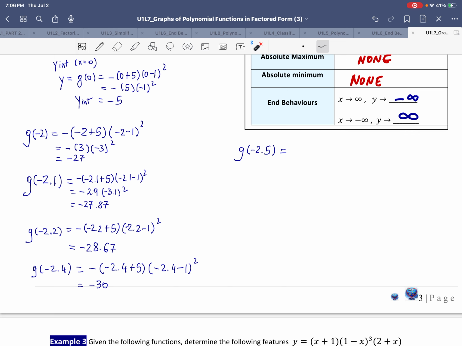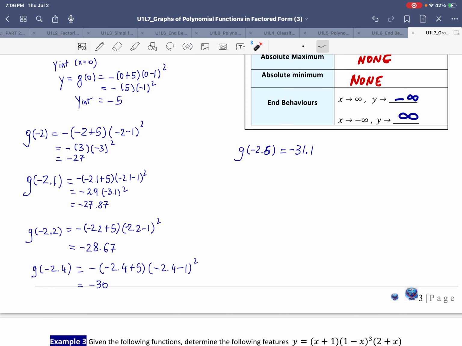So let's check and see. I can even try negative 2.6. Let's try that. So we have negative 2.6 plus 5, multiplying negative 2.6 minus 1 to the power of 2. And we see that we get an even smaller value of y, negative 31.1. But I do see that when I go 0.2 smaller, from negative 2.4 to negative 2.6, the differences do